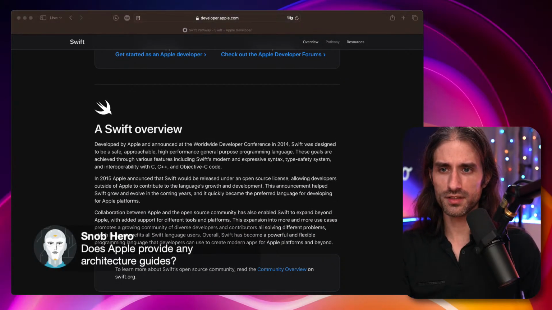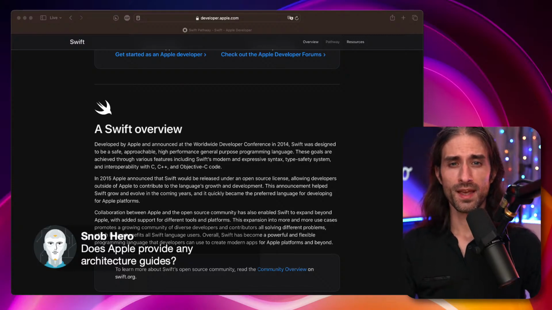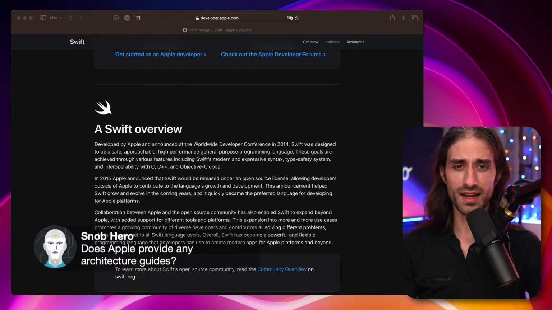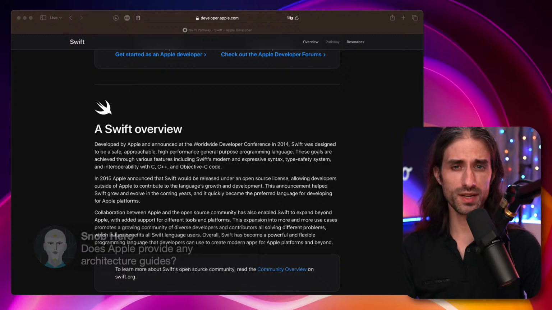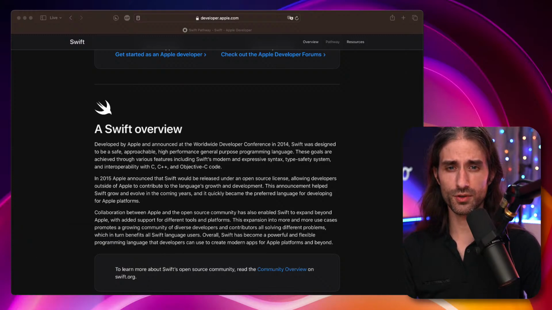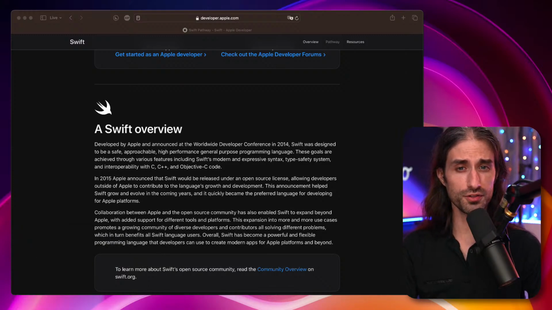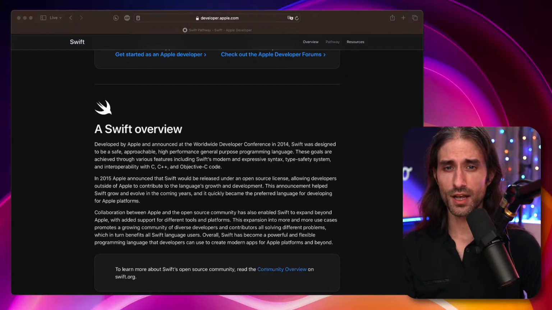One question: does Apple provide any architecture guides? I mean, Apple typically has been very cautious in promoting architectural choices. They've been a bit more opinionated in WWDC videos recently, talking about view models a bit more, for instance. But I think most of the time they still leave this topic out of the way.